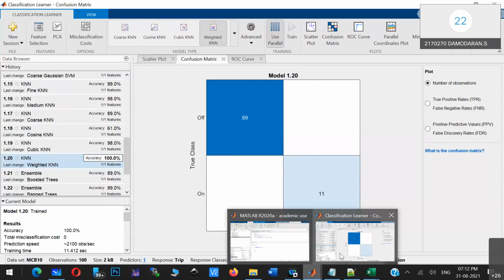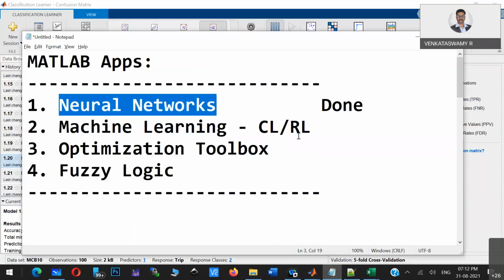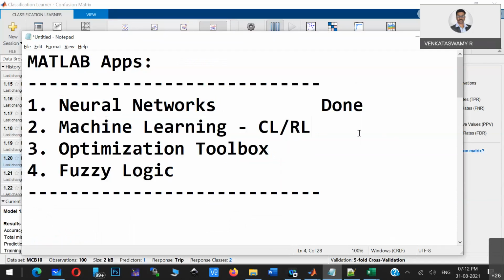Okay, so I have done with this machine learning. I think I exceeded 10 minutes, but I just wanted another 20 minutes to explain the regression learner. So shall we take up this topic in the next class, or shall I continue for another 10-20 minutes? Next class, sir. Okay. So I think next class we shall continue.